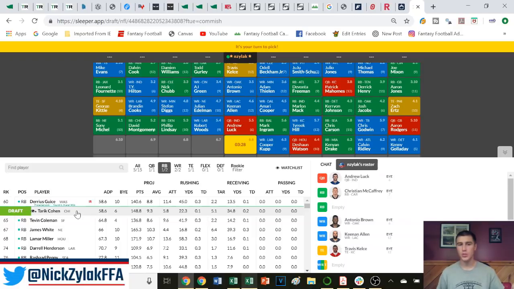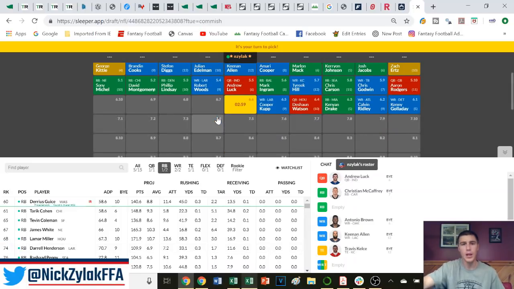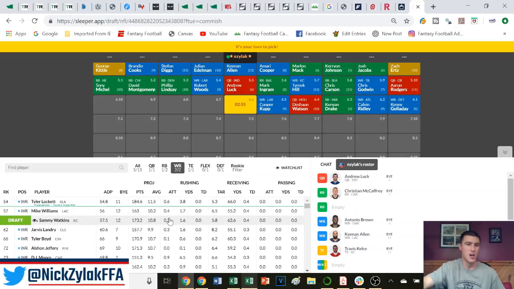Plus, would you take the Rams offense or the Bears offense? Well, you take the Rams offense. The Rams or the Patriots offense? Well, now probably taking the Rams. So he's on the better offense with more early down work, pretty similar, probably a little bit less receiving work, but he's going to probably score more touchdowns than these guys, and the upside, because if something happens to Gurley, he's a running back 1. So the pick is Darrell Henderson, and I could risk waiting until the 7th round to take him, but